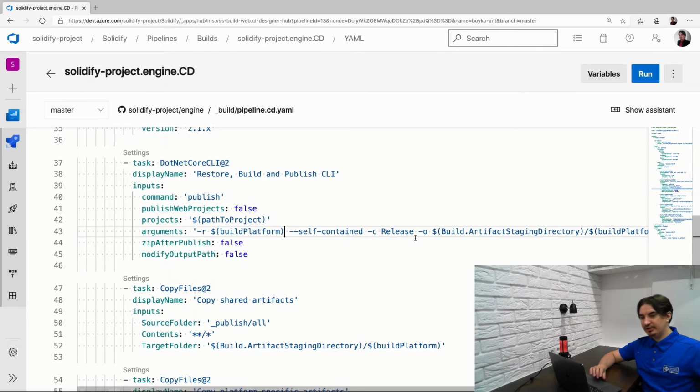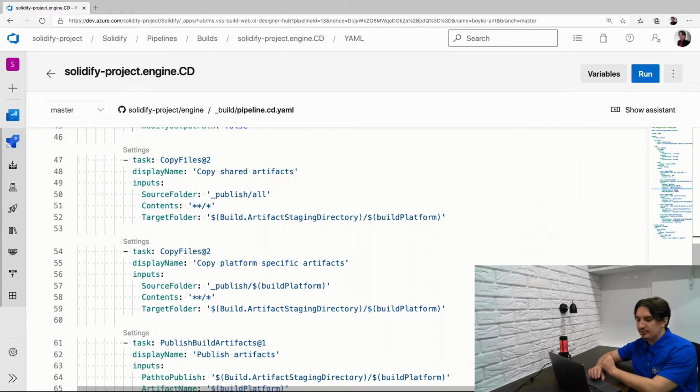I want to use the release configuration, and as an output folder, I specify some staging folder, which I will need a bit later during this build. So then I have 2 activities. I'm doing basically copying files back and forth. I'm copying the shared files that need to be a part of that deliverable, a part of that package that I will then redistribute across all my users. And also I have some platform specific files that also need to be a part of that package